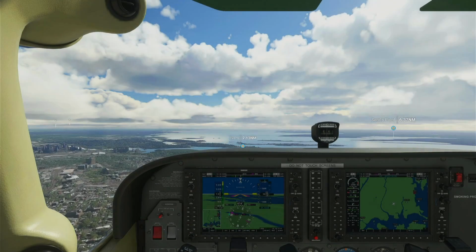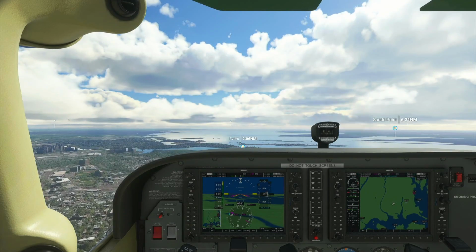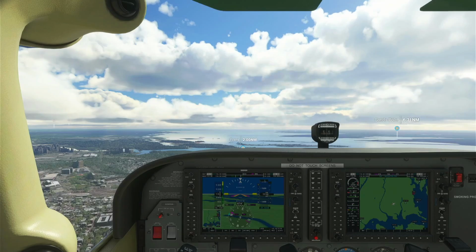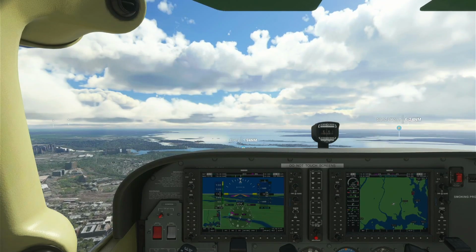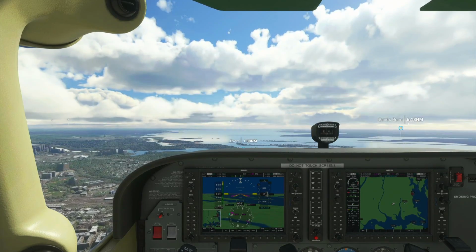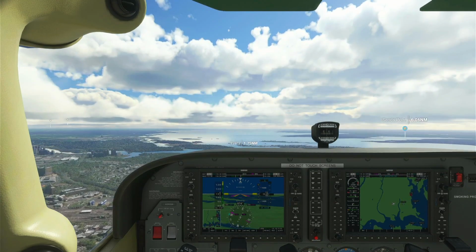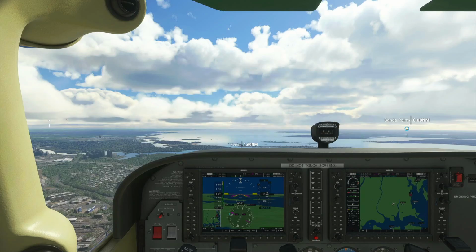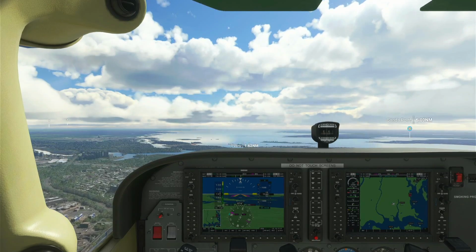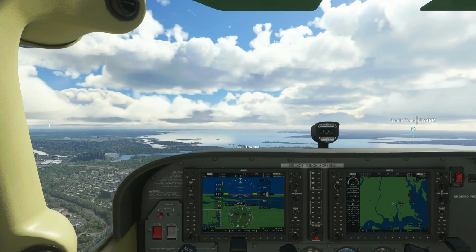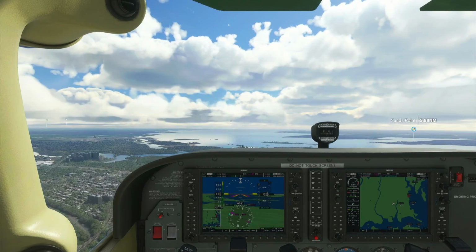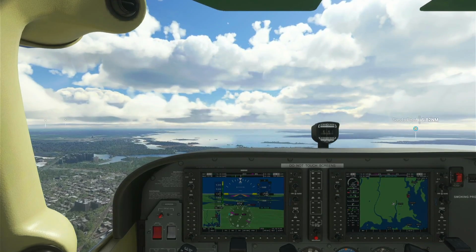Okay, so one thing I want to clear up before I show you how to set the hat switch so you can look around freely is that I am still tweaking the different sensitivities and button assignments on my Hotas One, so I will have a video out by this weekend. But for this one, I know this is driving a lot of people crazy, how to look around the cockpit